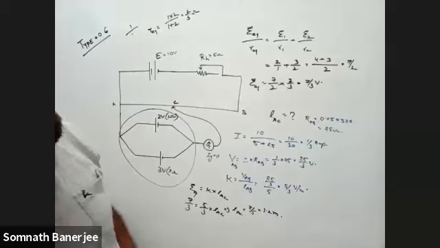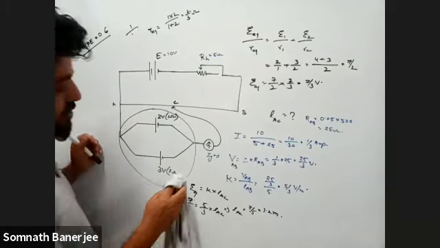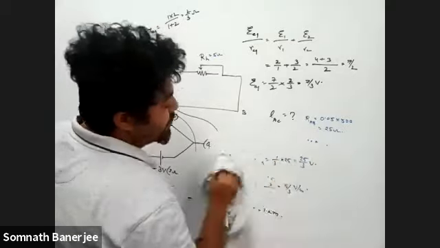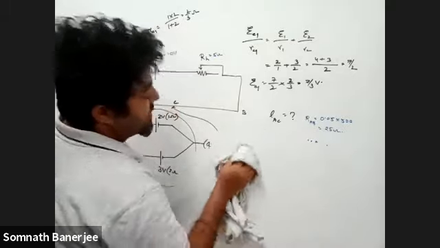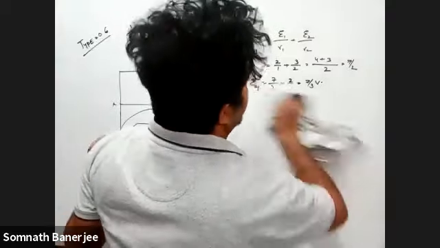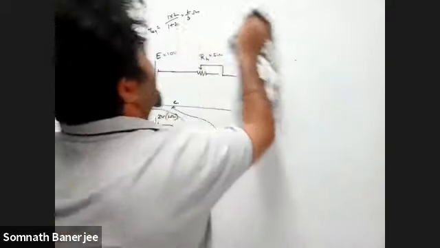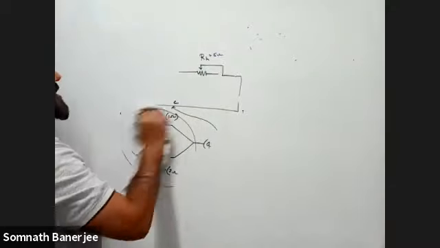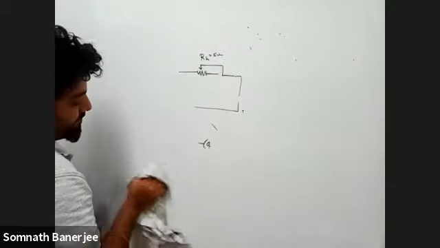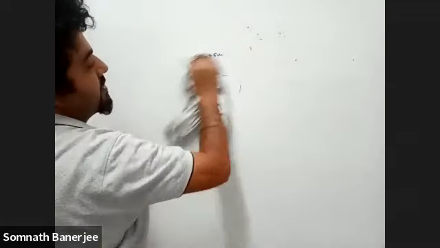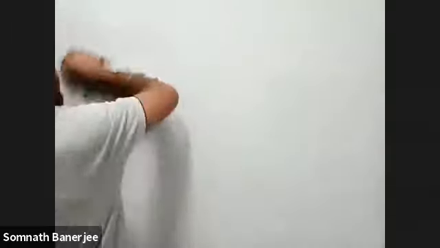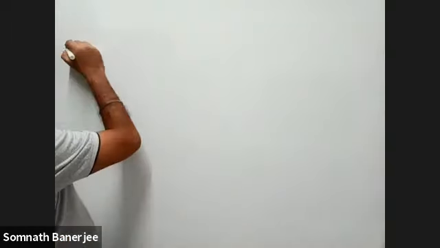The last type for potentiometer. Before I start, first I want to give you a numerical related to that, and then I show you the theory, how you get the value, and then I solve it. If you know the formula, then you can solve the question very easily. And if you don't know, then it's very tough to solve this type of question. Okay, so this is type 7.